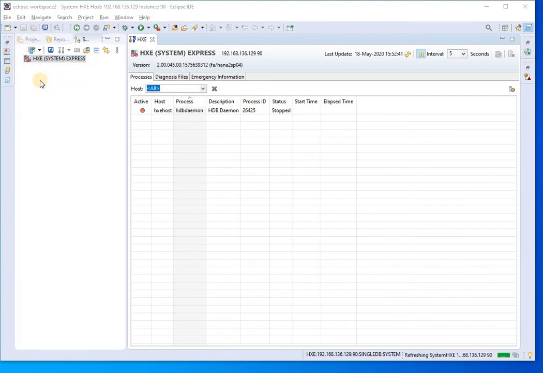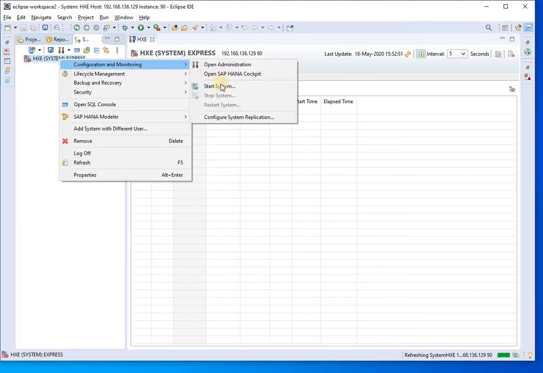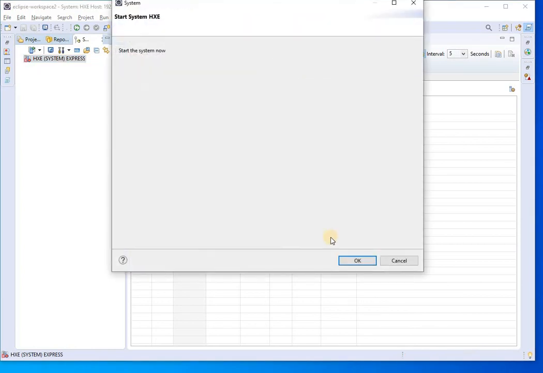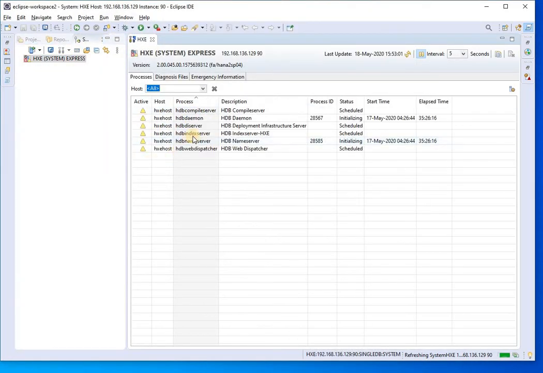To start the SAP HANA instance, again, right click on the instance, go to the configuration and monitoring, and then click on the start system. Okay, so now it is starting the SAP HANA system. So we can see all the services are getting started one by one. Start services are responsible for starting all the services in the correct order.